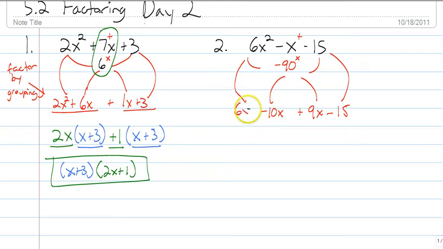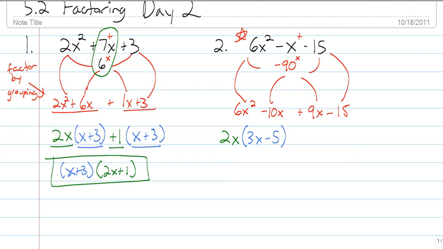So we have 6x squared minus 10x plus 9x minus 15. And again, all we're doing here is turning the original statement into a statement we can factor by grouping. We're basically splitting this middle term into a -10 and a +9, and now we can factor by grouping. So, for this first piece, I can take out a 2 and an x, and then I am left with 3x minus 5. And again, you know that these have to match at the end,